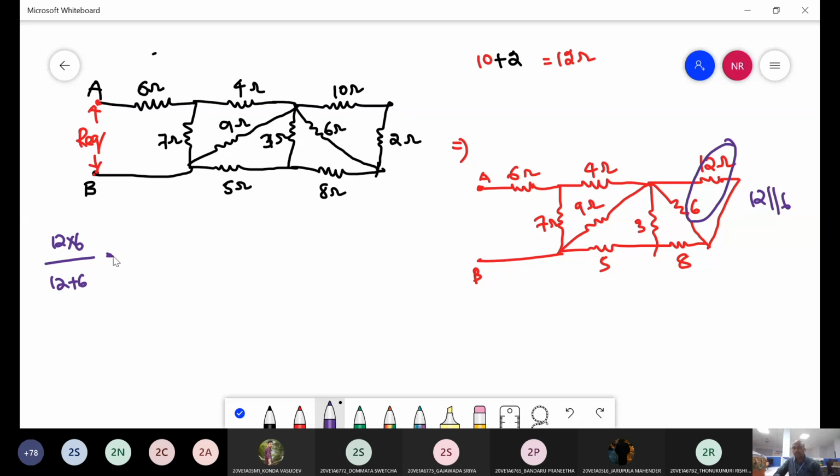Calculate fast here. 4 ohms. So here what I'm doing, same circuit diagram, I'm removing these two elements, then the resultant,